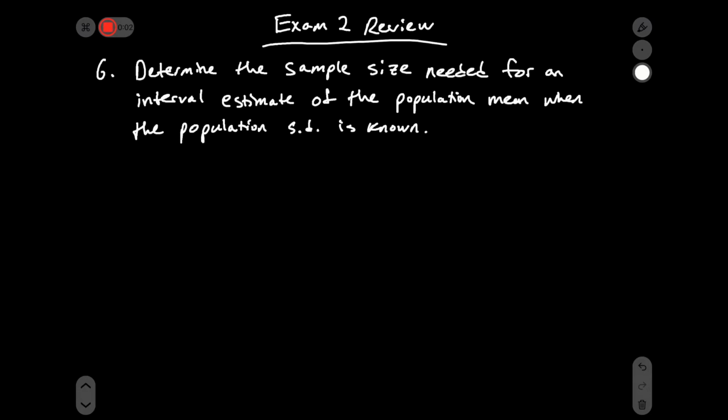In this problem, we're asked to determine the sample size needed for an interval estimate of the population mean when the population standard deviation is known. So we went through a previous problem where sigma was unknown. Here it is known, and it will be given to us in the problem. Now we use a slightly different formula here. In this case, we're going to be determining the sample size that we need using a z-score